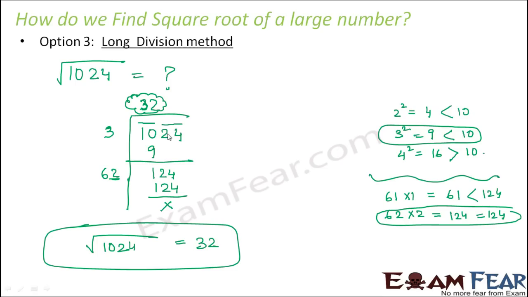You find the remainder, then bring down the numbers under the next bar, and then on the divisor side you write twice the value of the previous divisor and then keep a blank for a digit after that. Now you try to find such a value for this digit such that this number when multiplied by the same digit gives you a value which is less than or equal to this number 124. So in this fashion, all that you get in the quotient would be your final answer.